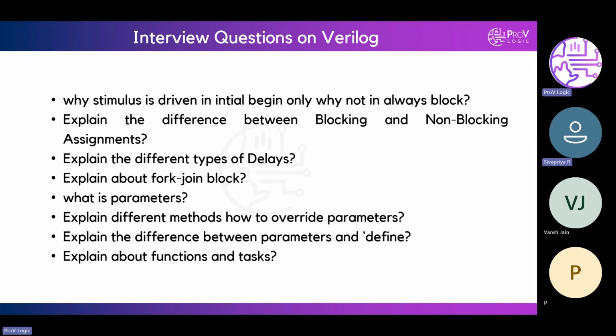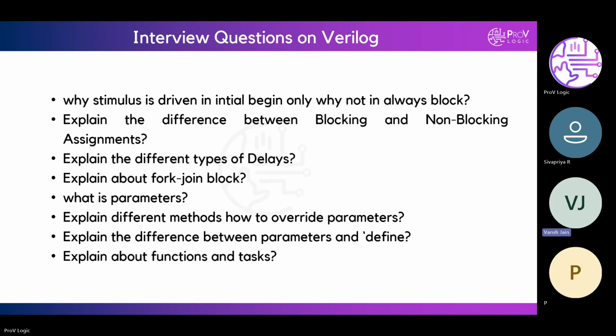What about task? It only takes output arguments, right? A function has a return value. Yeah, that's correct. I'm not asking about the output argument. Will a function contain any arguments like inputs or outputs? Yes, I guess, but I don't know. Which ports will it take as arguments? Vansh, do you have any idea on that?